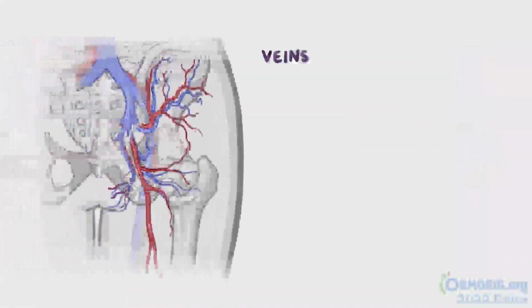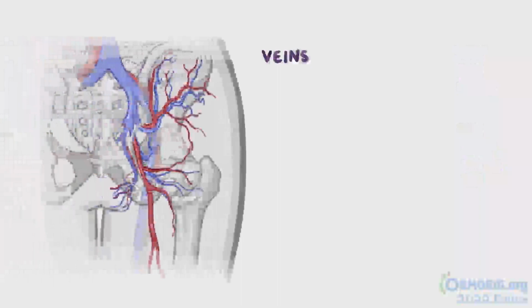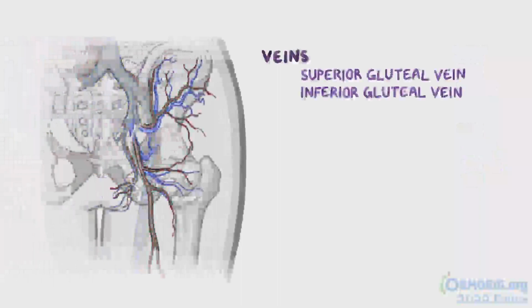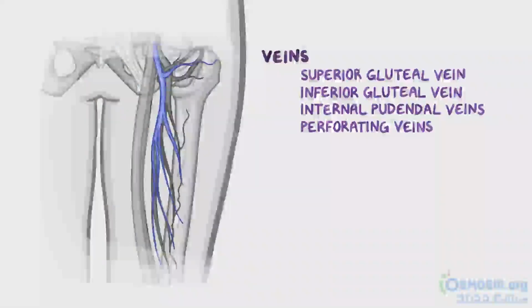The veins of the gluteal region and posterior thigh are mostly represented by superior and inferior gluteal veins, the internal pudendal veins, and by perforating veins. Finally,